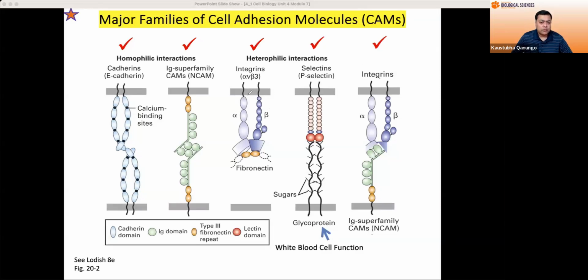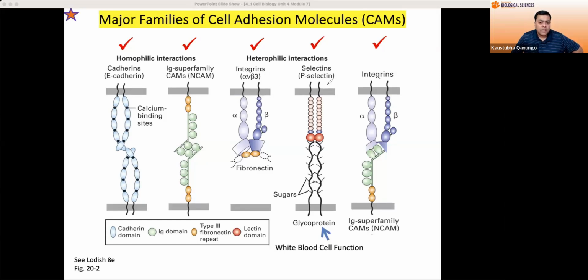Then we are going to see some heterophilic interactions, and we're going to see the integrins. Integrin is a heterodimer. So you have an alpha chain and a beta chain, and a combination of this alpha and beta actually gives a large number of different types of integrins. So what type of alpha, what type of beta, that determines it. And it also binds to a large number of ECM proteins. And here you are seeing one of them is fibronectin, but there are many others,